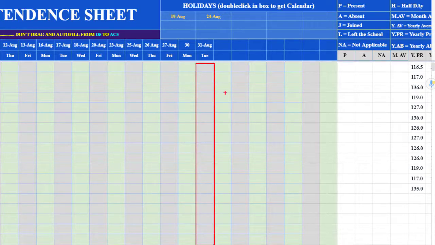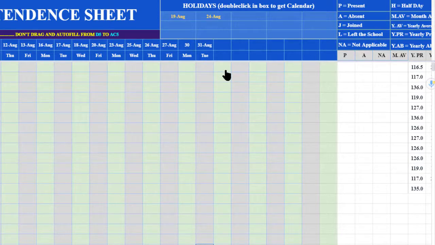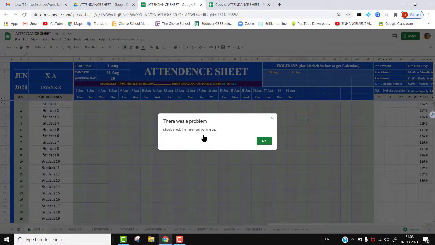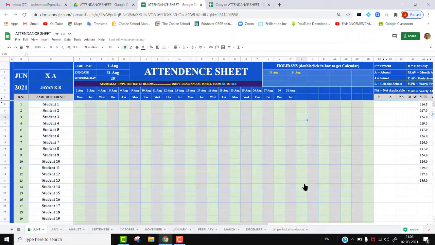After this, if she is trying to enter anything, she will get one message or warning. For example, P means present. If you try here, when we enter, it will show should check the maximum working days. If I am trying to enter here, that same message will come.